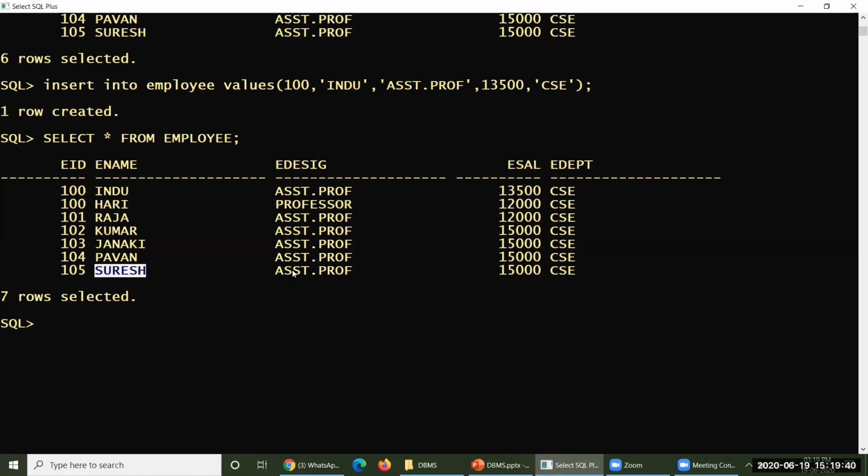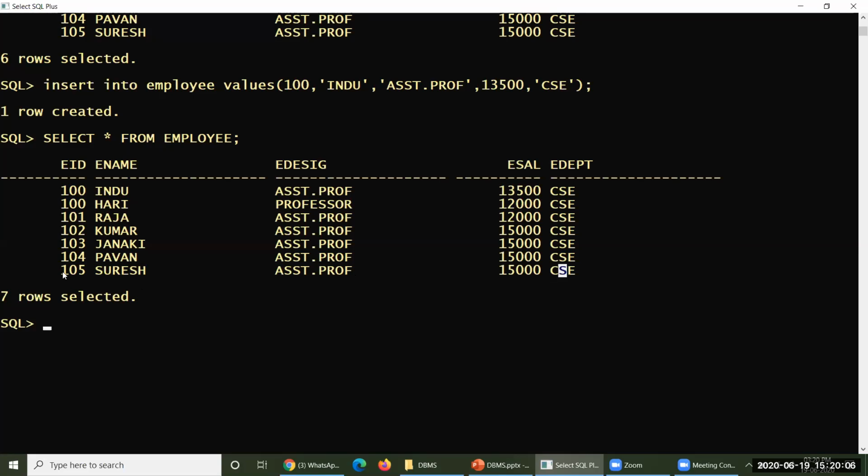I have recruited Mr. Suresh as assistant professor or associate professor, but I don't have any clarity at this moment, so you may or may not enter this value. It doesn't matter at this moment. And you haven't fixed any salary for this person, so that also does not matter. And which department he is supposed to join is also very important.